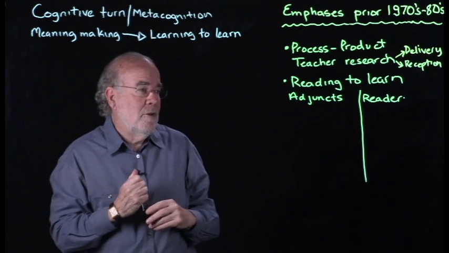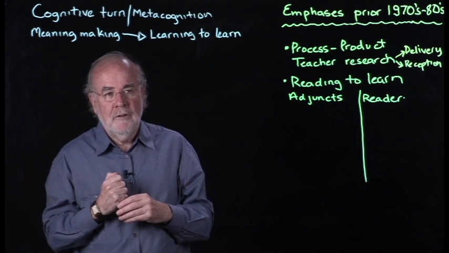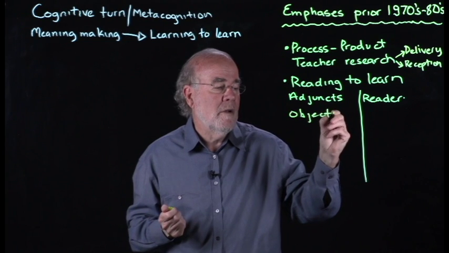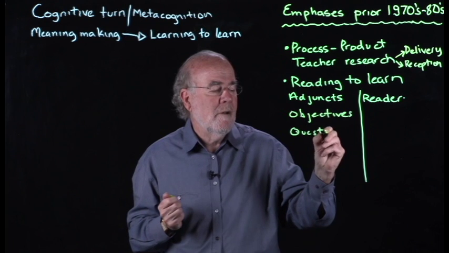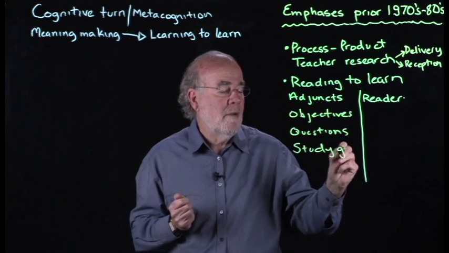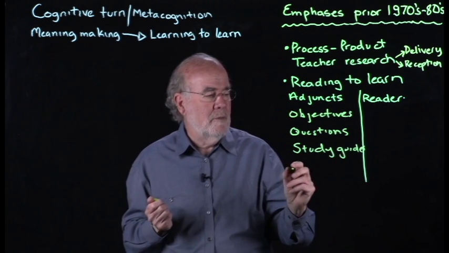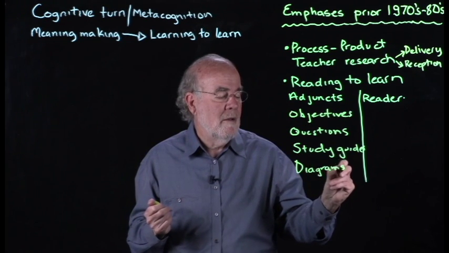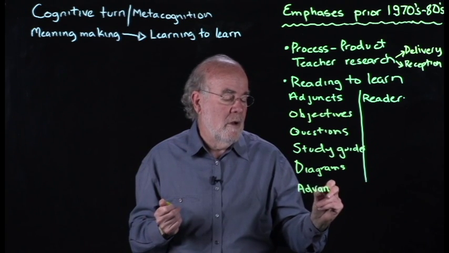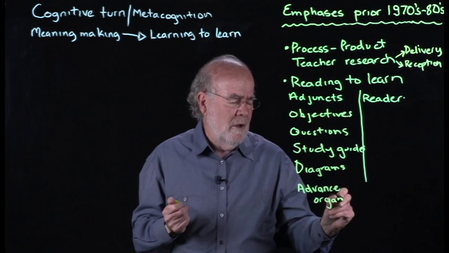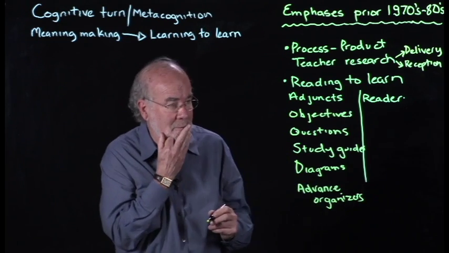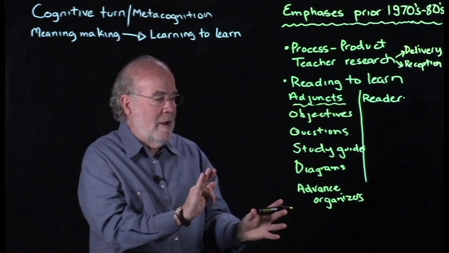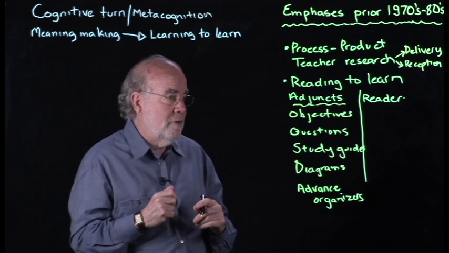Simultaneously with the emphasis on teacher research, you also saw an emphasis upon reading to learn. Studies of the effects of different adjuncts, things like objectives, questions that might be set, study guides that were put in place, or other forms of adjuncts, diagrams, something out of Ausubel's work, the use of advance organisers, which were akin to structural overviews of a passage that was to be read. And so people would often be studying these different types of adjuncts as they were assigned to a text, typically an informational text, but not necessarily always. And also